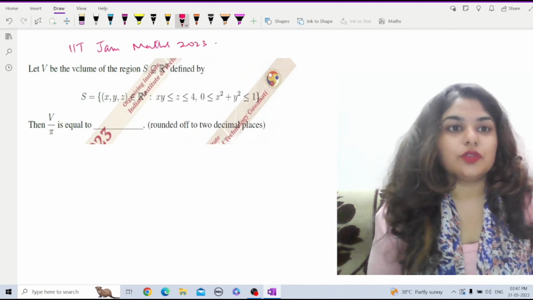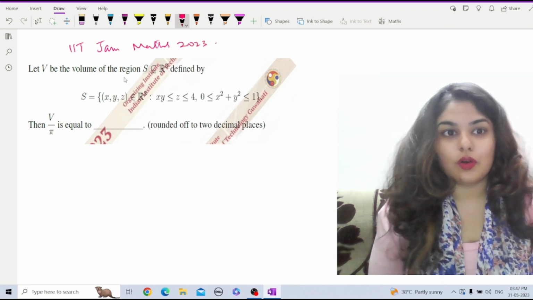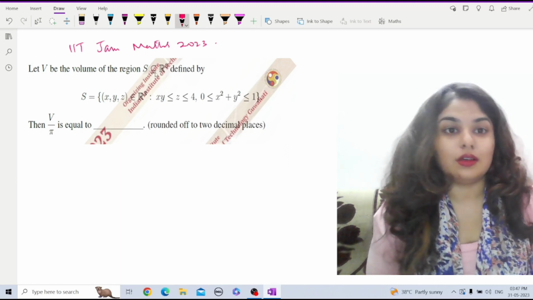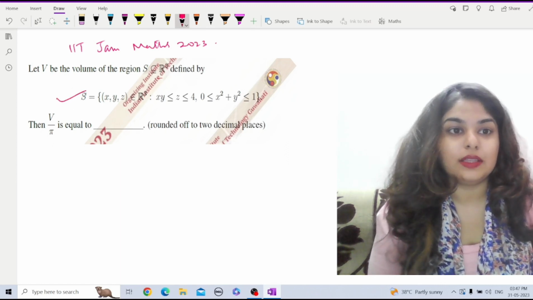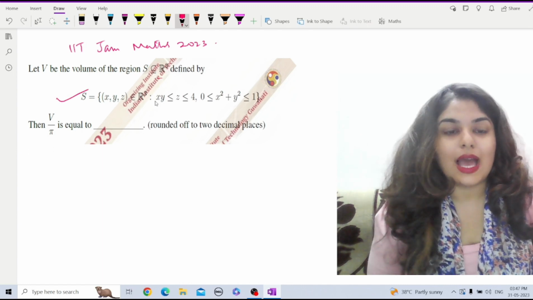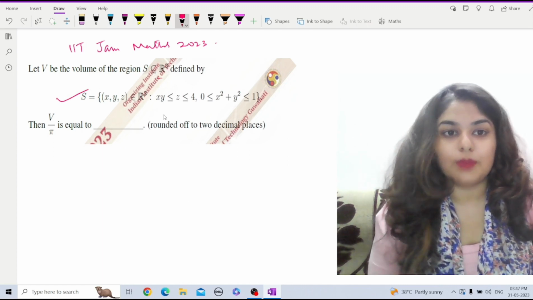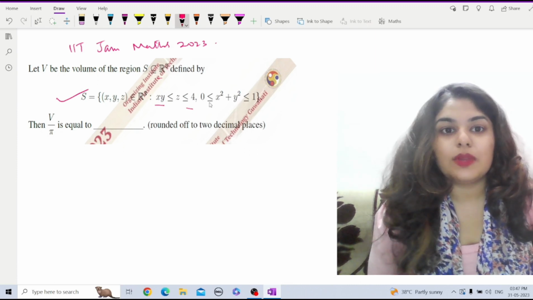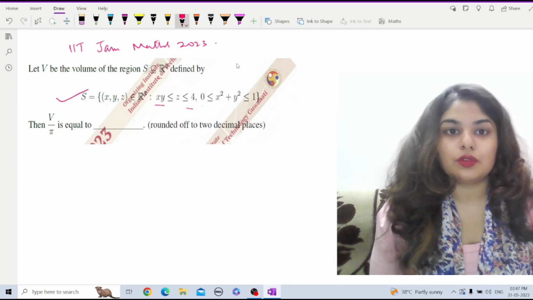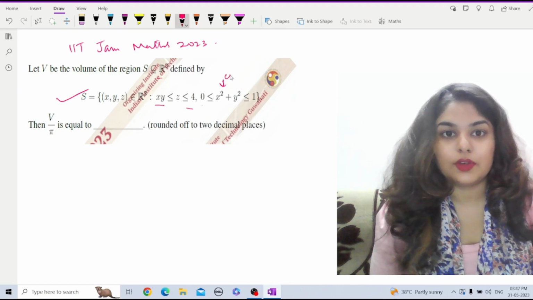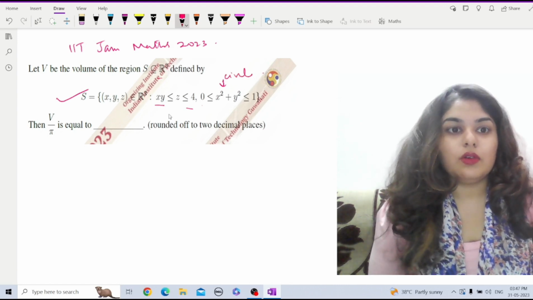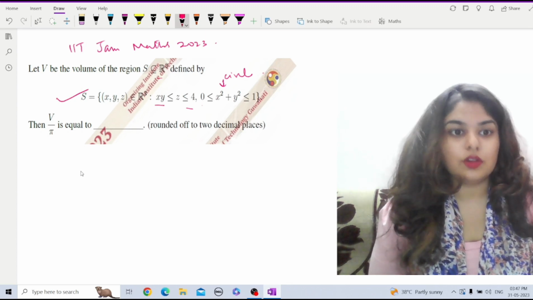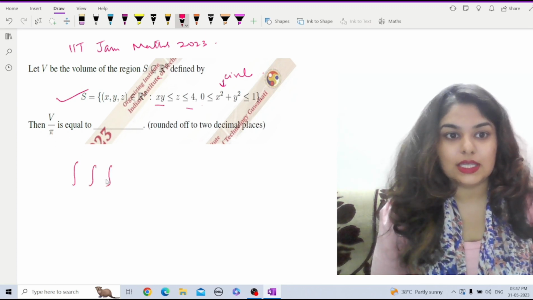So the question in front of you is: given that V is the volume of the region, a subset of R cube, defined by the following set notations. The important boundary to be noted is that z lies between xy by 4 and x square plus y square is within the range of 0 to 1, and this is obviously a question of a circle. Now in order to find the volume, we can integrate